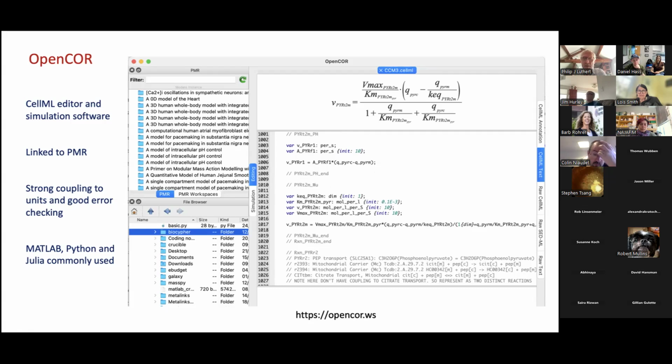One is you really have to be very careful with typing the units for every parameter. It doesn't let you save it as a CellML file if you don't get it right. And the other thing which I think is really helpful is that the code for a formula is sometimes a little bit difficult to decipher, but it immediately represents it in a more typical mathematical format, which means debugging is much easier.